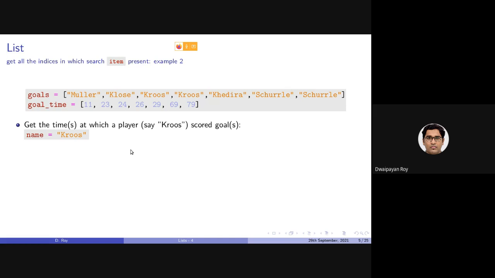Again, I'm repeating: I have 2 lists, one list containing all the names of the scorers, and the second list containing the time at which the scorer scored the goal. Now, given one name of a scorer, I want to get all the times at which he scored a goal. How to do that?